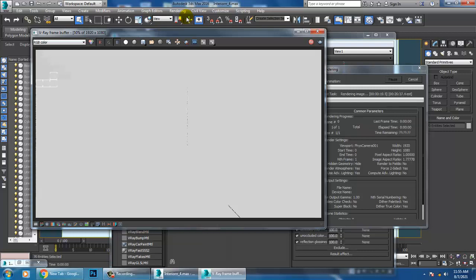Okay, so just let it render. It's going to take time. So increase the subdivisions also.